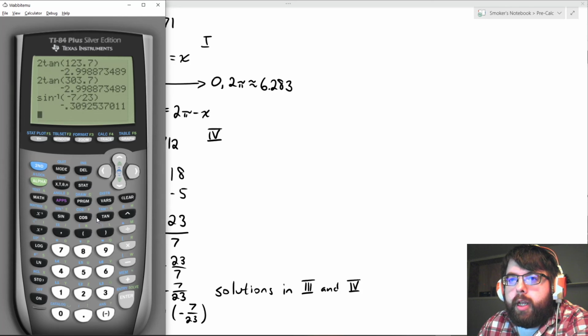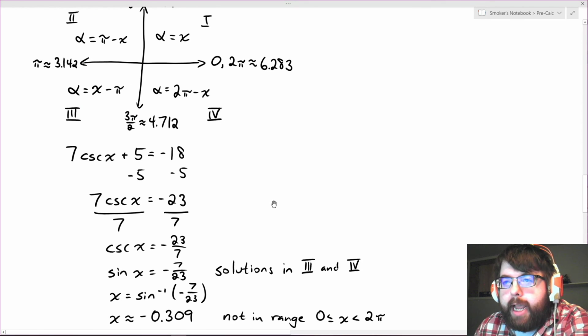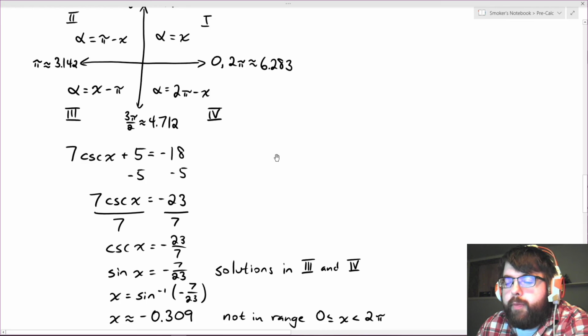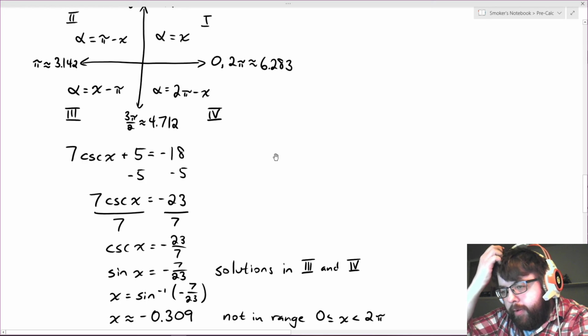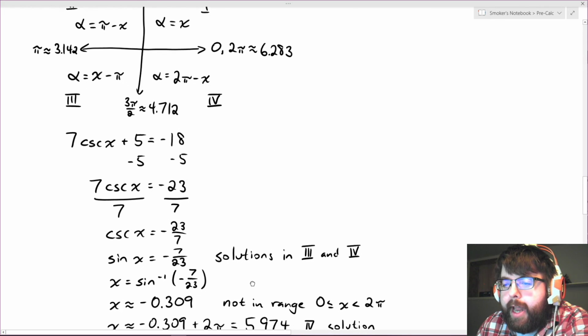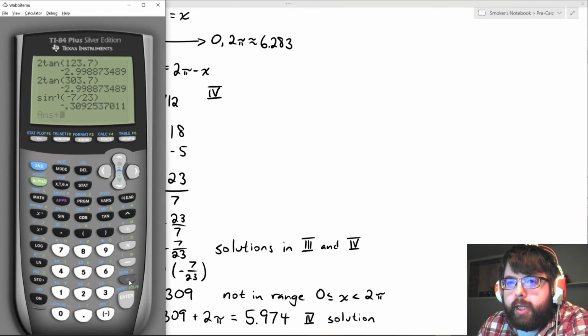Enter. And I get negative 0.309, approximately. Once again, it's a negative number. It's not in our range, not in our 0 to 6.28 range. So once again, we do coterminal. In this case, though, it's radian, so we're going to add 2 pi to it. If you add 2 pi, you can actually just take answer plus 2 pi. You'll get